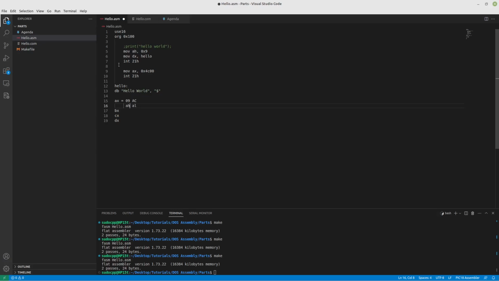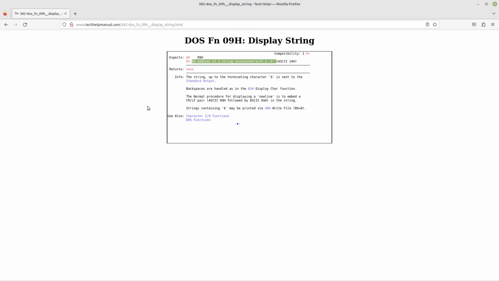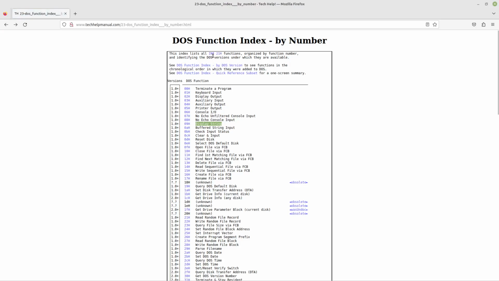But what are interrupts? That's the next thing, because the reason we set this into AH is because we're calling interrupt 21. And the reason for that is if we look at the interweb here, we have function 09. Yep, it goes into AH. And then when you call interrupt 21, which is the category we're under, interrupt 21 functions, it will display a